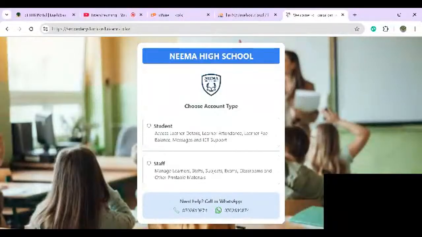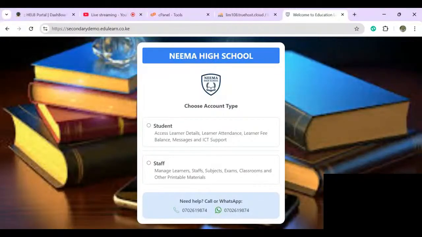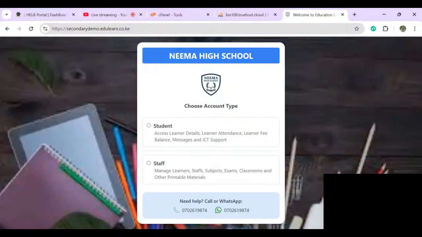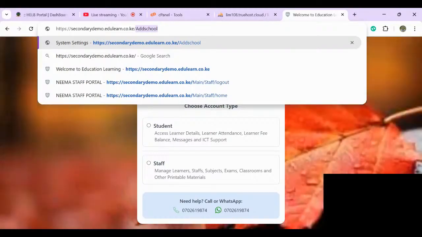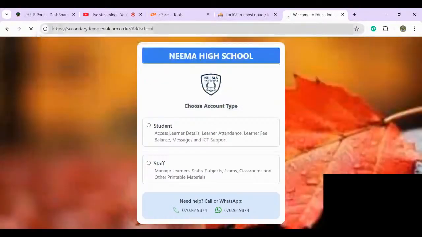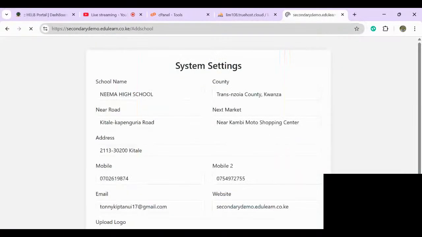If I go in and log in directly, I don't have any credentials yet, because you must have the initial username and the password to be used. So you will go to the URL link and just add stroke, add school. That is it. Now, once it loads,